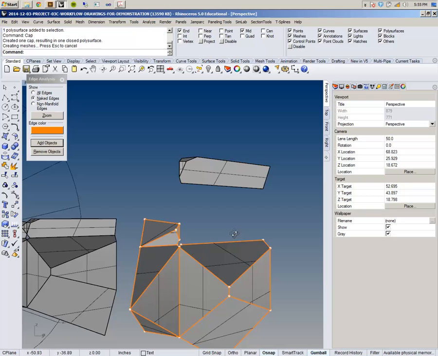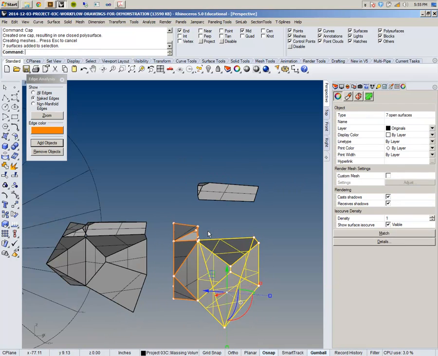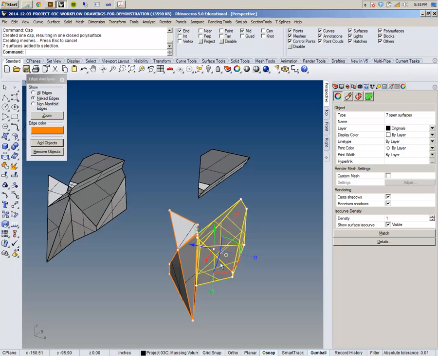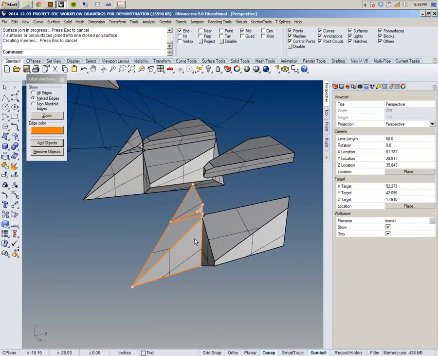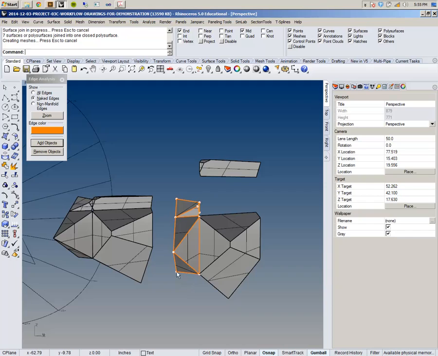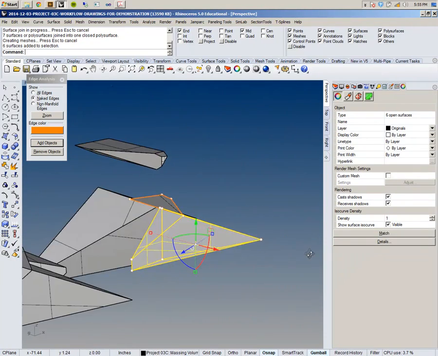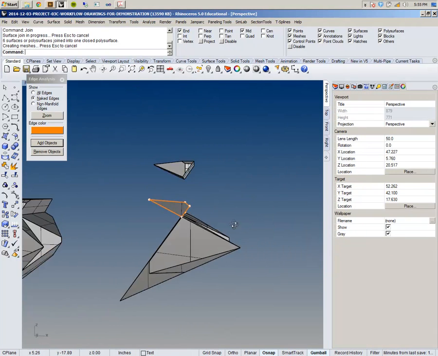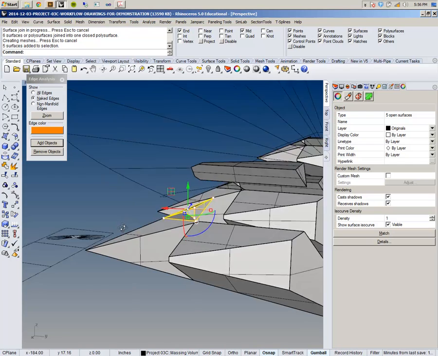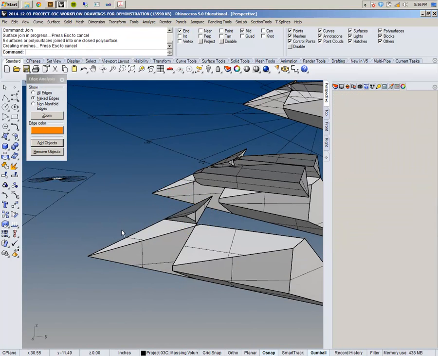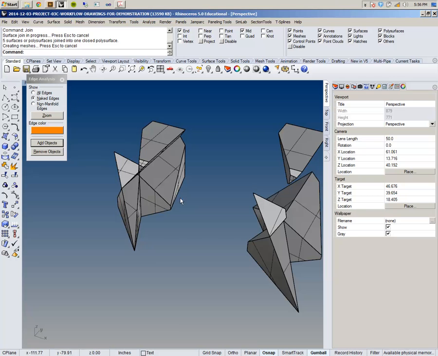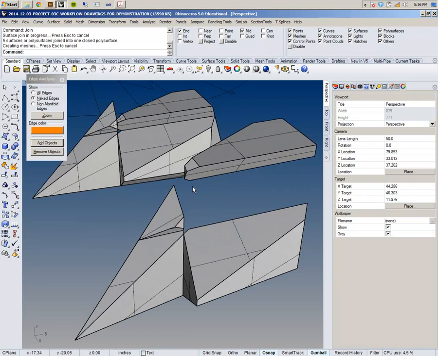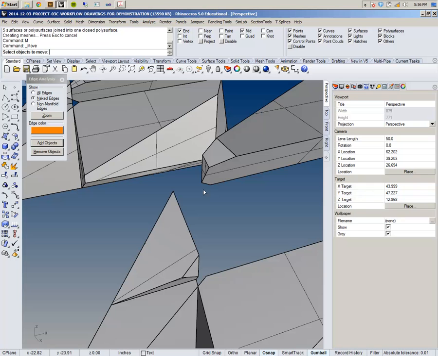I just go and try to grab these other ones, and I try to join them back up. And you always want to check, when it tells you it's closed up here, you know you've got it. You can see that the orange is starting to go away the minute that you do that. I'm just trying to be careful. That one's closed, and then finally that one's closed. So now they're all closed, which is basically what I've got here. If I move this back down to the right spot,